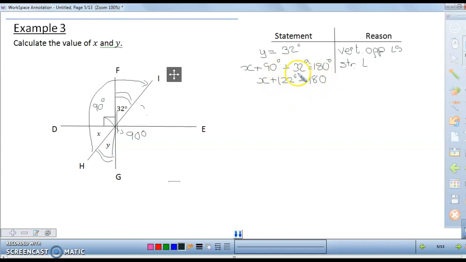I don't want that 122 degrees there, so I'm going to subtract it, and what I do on the one side, I do on the other side. What am I left with? It will just be x on this side, and on that side, I will have 180